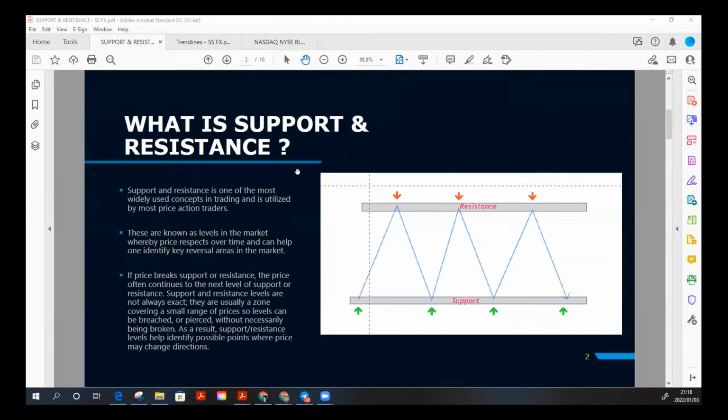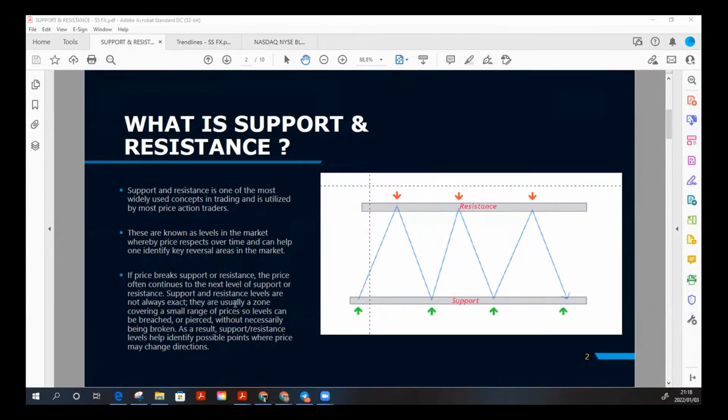So what is support and resistance? Support and resistance is one of the most widely used concepts in trading and is utilized by most price action traders. These are known as levels in the market whereby price respects over time and can help one identify key reversal areas in the market. If price breaks a support or a resistance, the price often continues to the next level